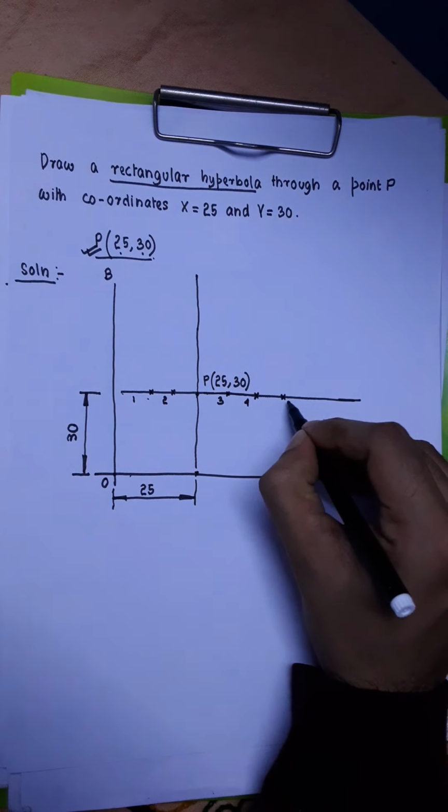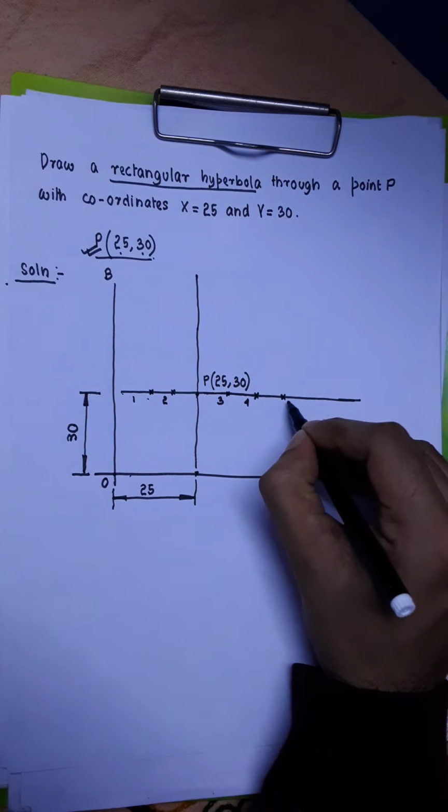This is exactly what we have done. And again, let me repeat before proceeding to the next step, that these are not equidistant points. You can take points which are equidistant, but you can also take points which are not at equal distances from each other. The distances between two consecutive points can keep on varying. Whatever is the distance between 1 and 2, the distance between 2 and 3 need not be the same. The distance between 3 and 4 can be something else. There is no hard and fast rule that these 6 points have to be equidistant. Again, you are not bound to take only 6 points. You can take more than 6 points or less than 6 points also.